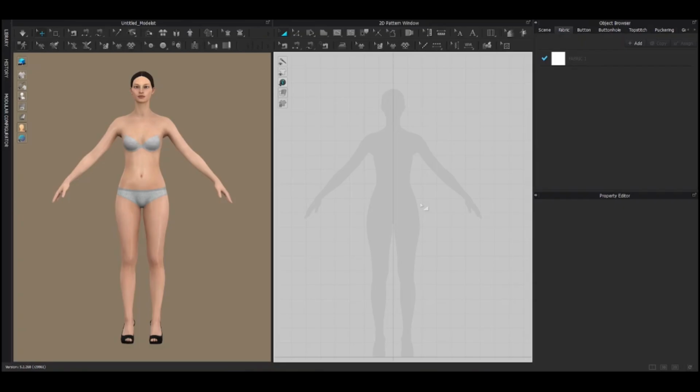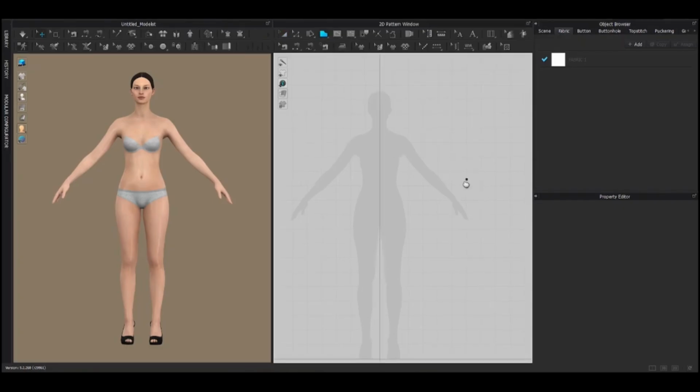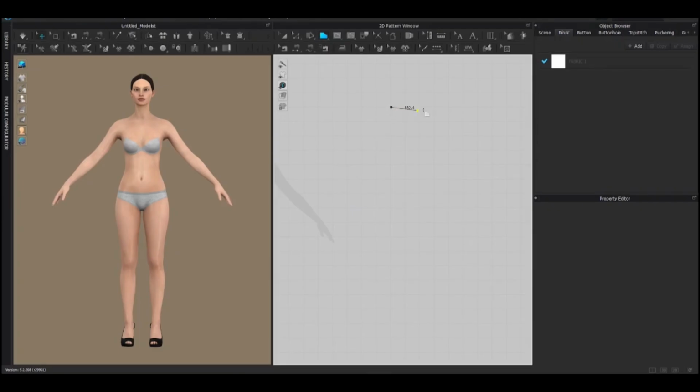For making the pattern, you have to select the polygon tool. You can simply click on the tool, or just press H, and the tool will come up. After that, firstly, I will tell you how to use this tool on a rough side. All you have to do is click, click, click.